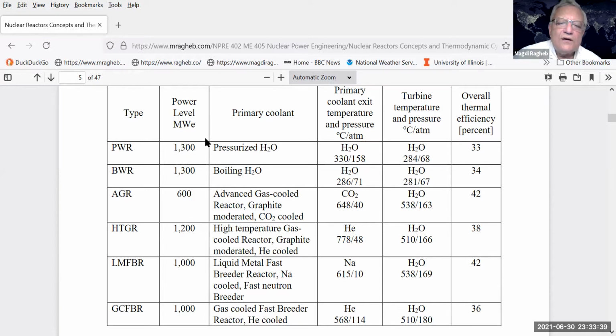We can reach 3,000 megawatt thermal of power with, say, a conversion efficiency to electricity of 1/3. You can get 1,300 megawatt in a BWR or a PWR. This is almost a standard size. However, if you look here in the last column about the efficiency that we can get from the light water reactors, the pressurized water reactor or the boiling water reactor, you find it is only in the range of 33%